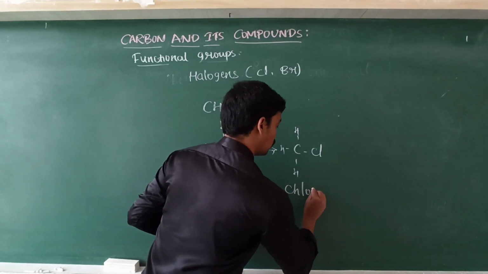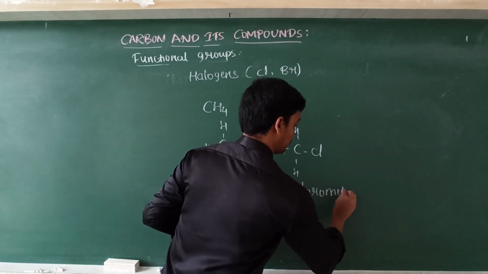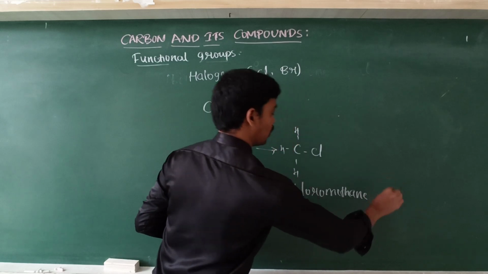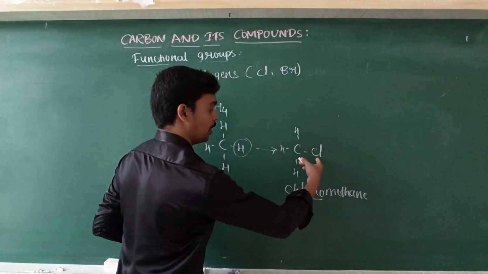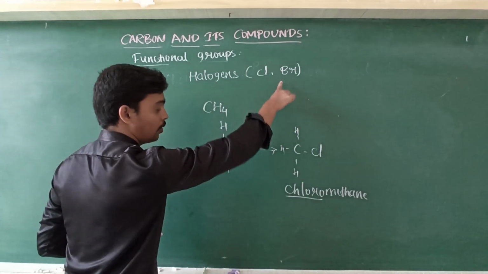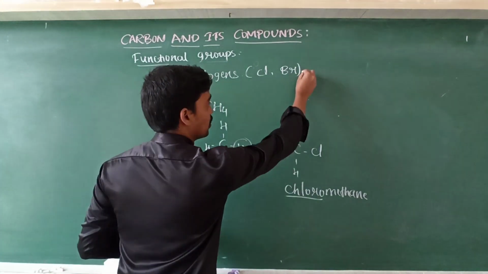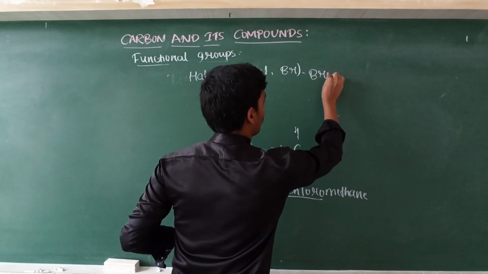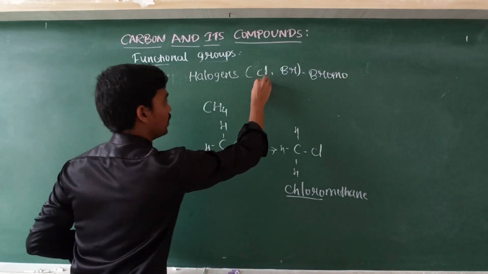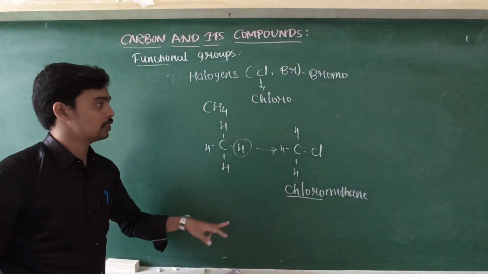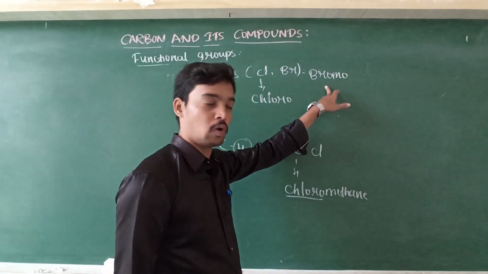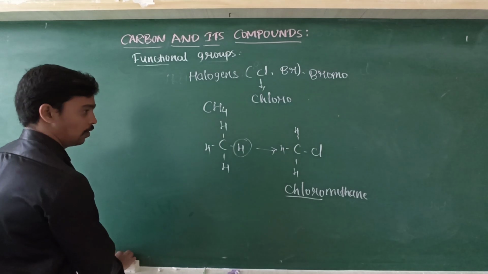Chloromethane. Here we add the prefix chloro. If it is Cl, it is chloro. If it is Br, we add the prefix bromo. Okay. And the next example is